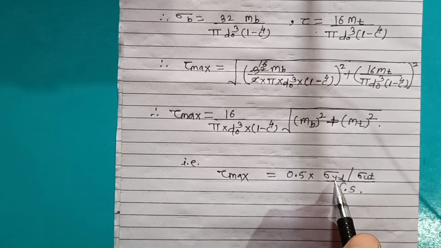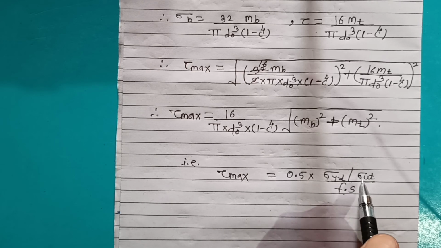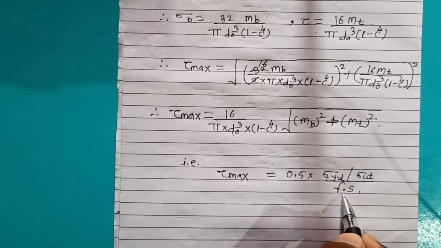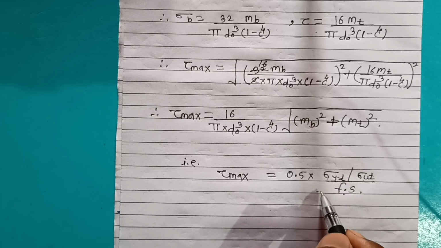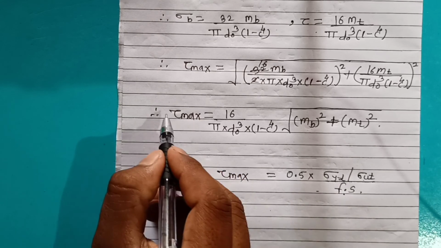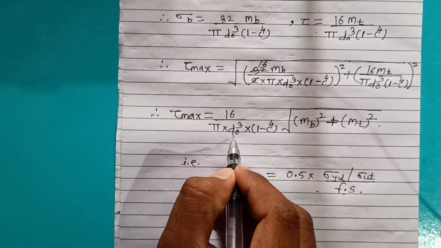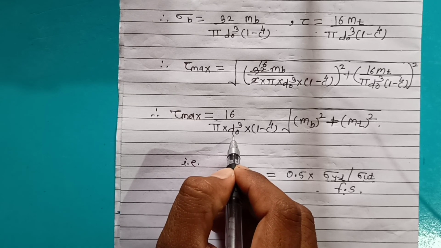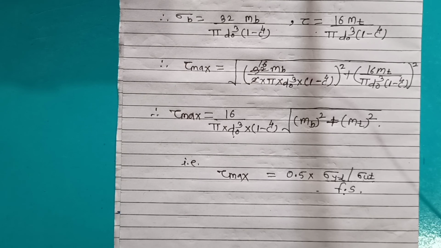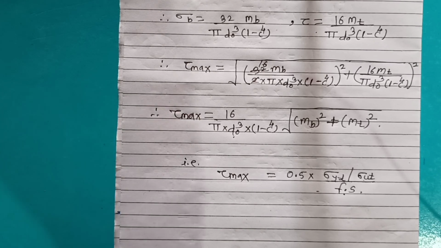Now the value of sigma yt or sigma ut is given in the problem, or the value of fs is given in the problem. Now put these values in this equation, find out tau max, put it in this equation and find out the value of DO, and DO is nothing but the external diameter of the shaft. Now with the help of DO, it is possible to calculate the value of DI, and DI is nothing but the internal diameter of the